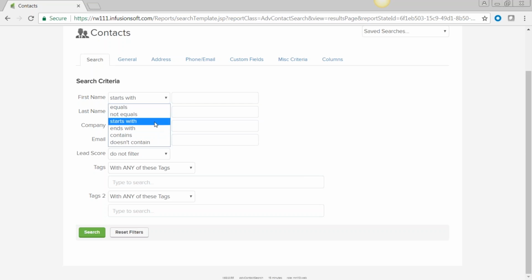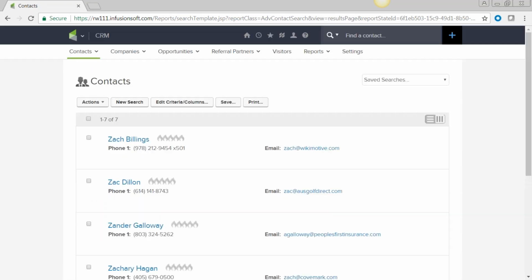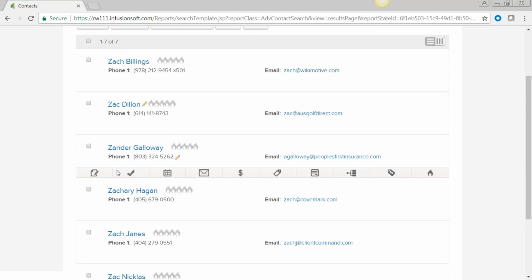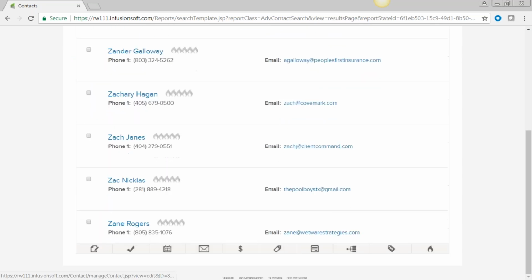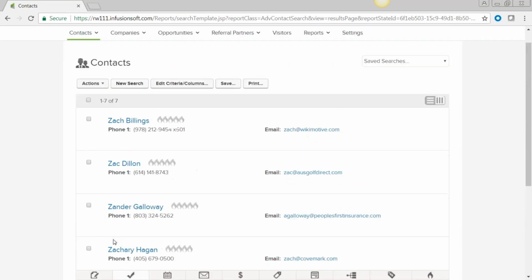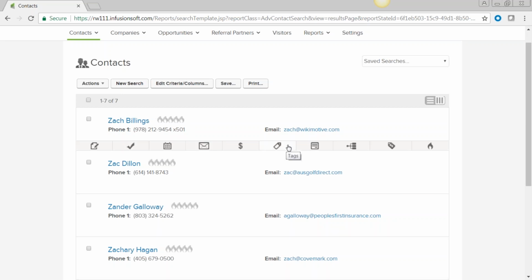So let's do starts with a Z and search. So I just pulled up 7 of the people that I have that start with a Z. Their first name starts with a Z. Now then I could, from this list, do any type of quick action with these little icons that come up, or I could take them here,